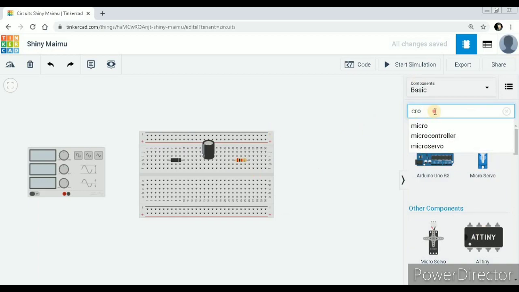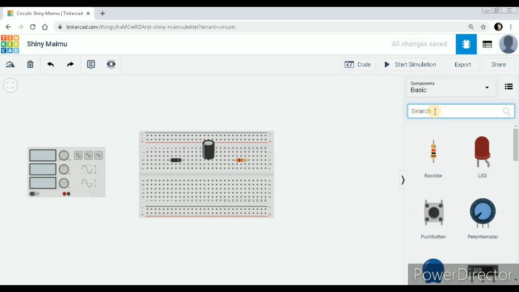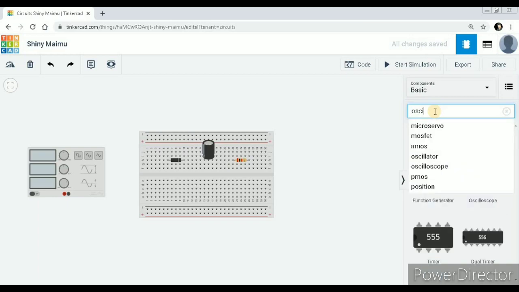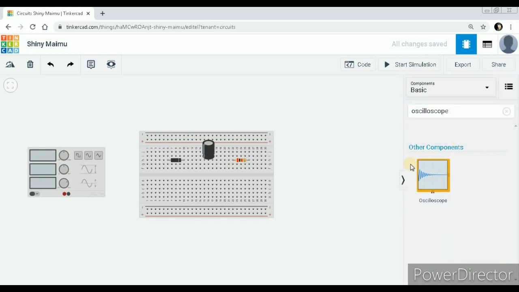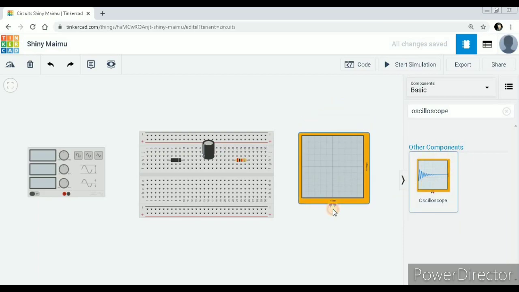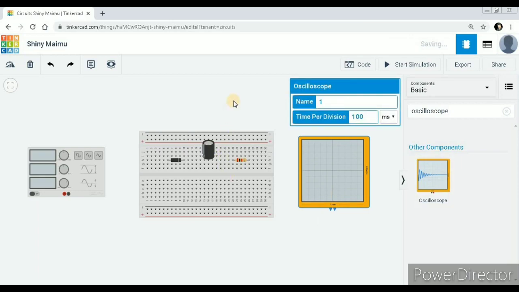It will show oscilloscope and oscillator, so you choose oscilloscope. This is your oscilloscope icon. Just drag it to the place provided.